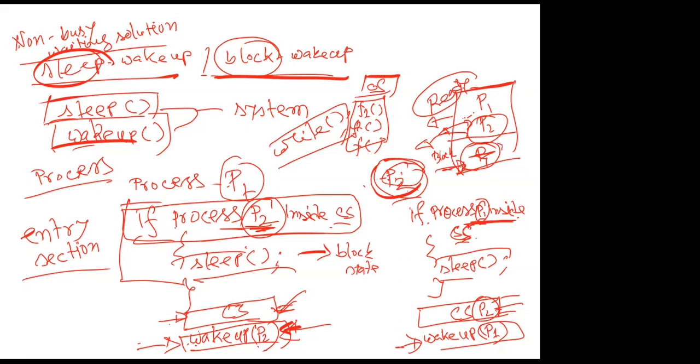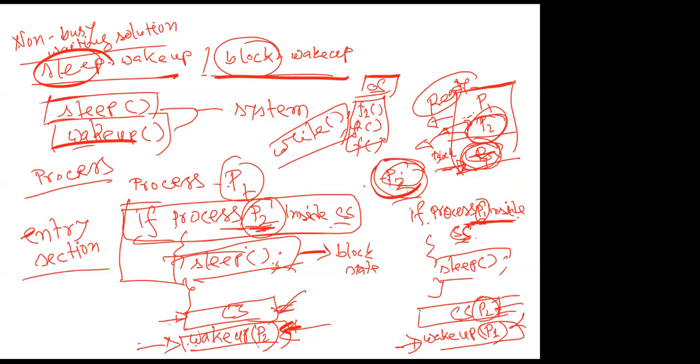Let's say process P1 is interested in entering the critical section while P2 is inside. P1 is now in sleep mode, which means block state. Your operating system will never schedule process P1 until P2 wakes it up. Then the operating system can schedule P1 again. So there is no way to waste CPU